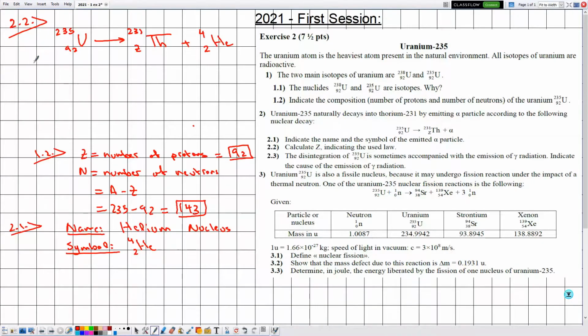Then, according to the law of conservation of atomic number,